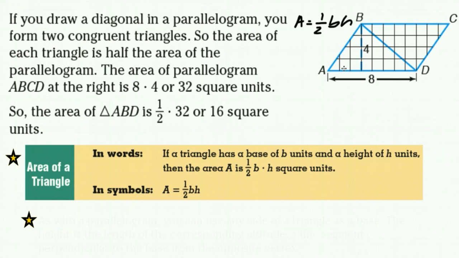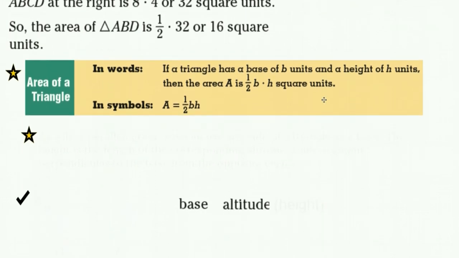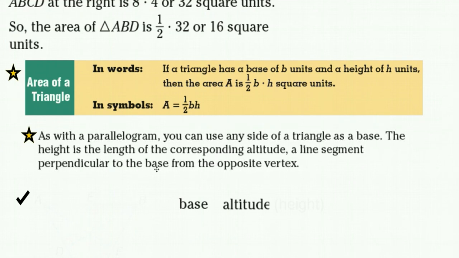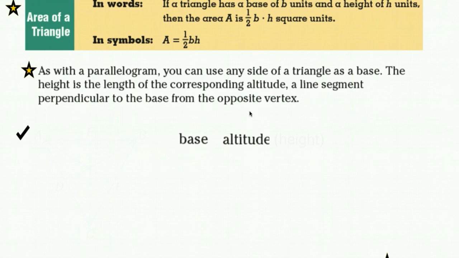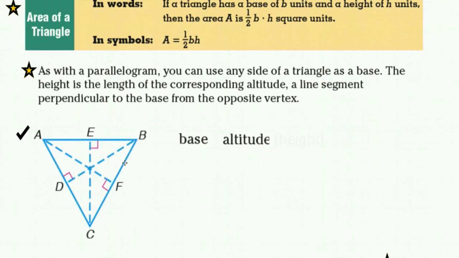So with a parallelogram, you can derive the area of a triangle, because the area of a triangle is half the area of your parallelogram. As with a parallelogram, you can use any side of the triangle as a base. The height is the length of the corresponding altitude, the line segment perpendicular to the base from the opposite vertex. So let's take a look at this triangle right here. If your base is AC, our height will be BD. Why? Because this is your base, and your height is perpendicular to our base as indicated by the